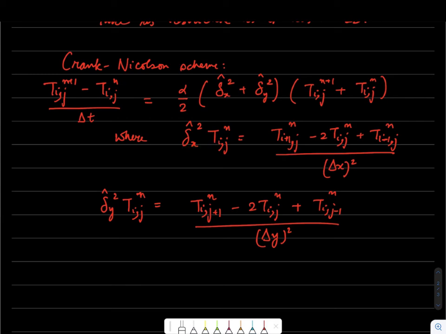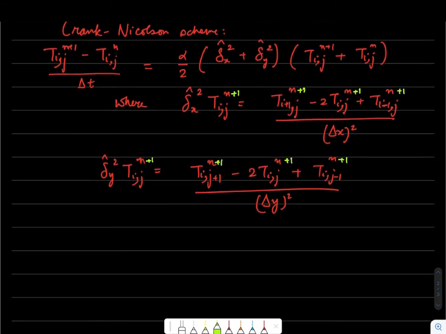So this is the operation. This is the operator that I can write for a compact notation for my right hand side in the 2D transient heat conduction case. Now note that what it also means is if I had n plus 1 here, then this would become n plus 1, this would be n plus 1, and this would be n plus 1, and this n plus 1 would also mean this is n plus 1, n plus 1. So this is just a notation that I'm going to adopt to simplify the long or tedious expressions that I'm going to write now.